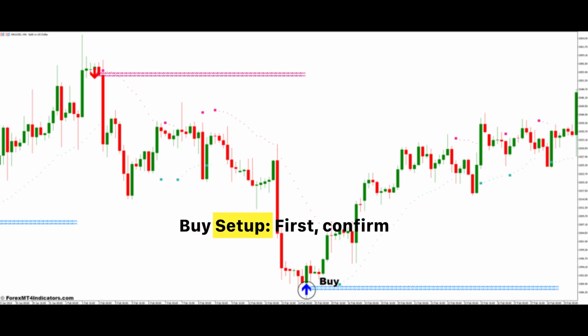Buy setup. First, confirm price is in an overall uptrend. On higher time frames like H1 or H4, this gives cleaner setups. Then look for price to pull into a support or reversal zone. When a green buy arrow appears along with a lucky reversal signal at that zone, that's your cue to enter